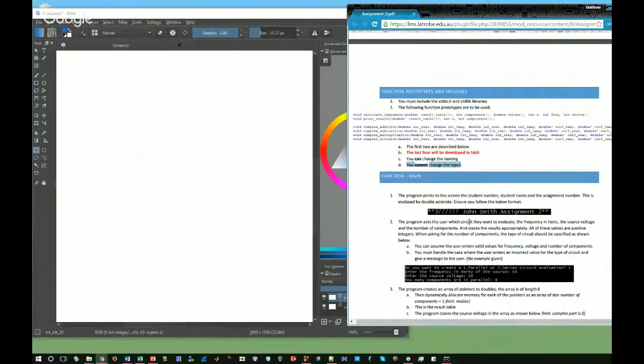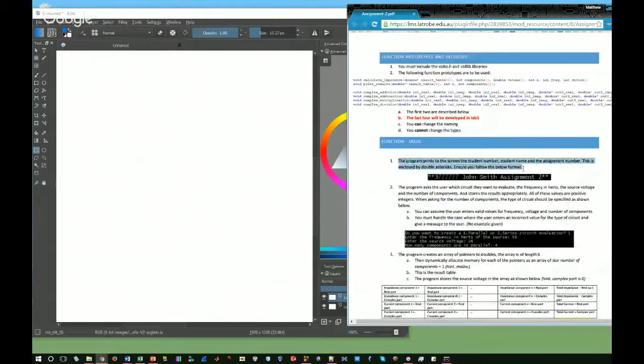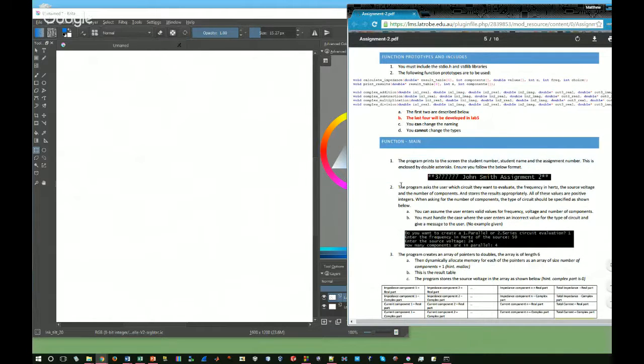Once again, you can do this part already. It's quite easy, listing your name in the assignment. You can do this part. The program asks the user which circuit they'd like to evaluate, the frequency,